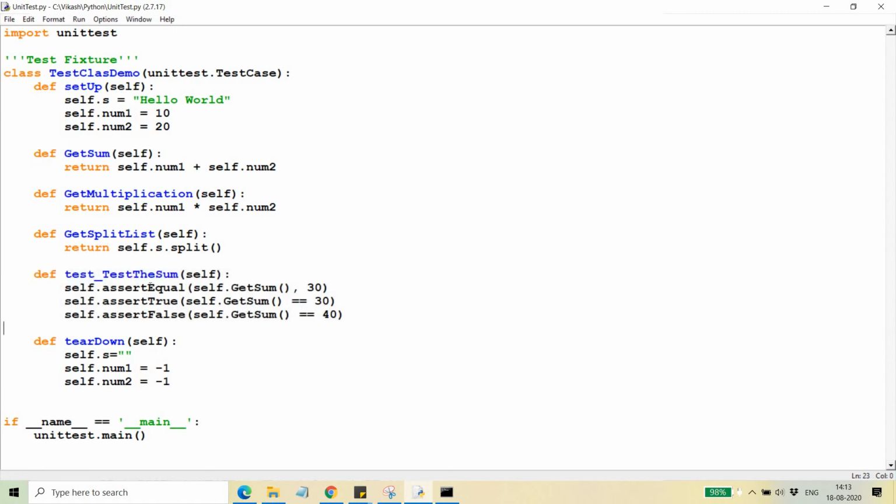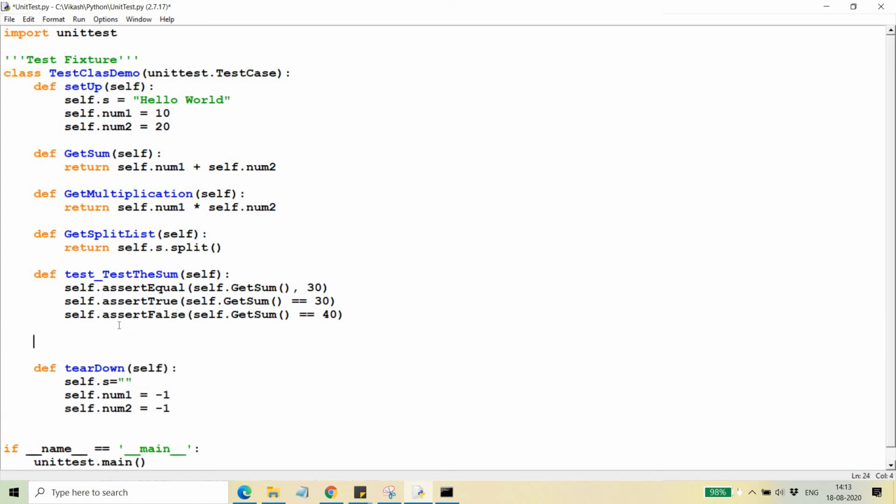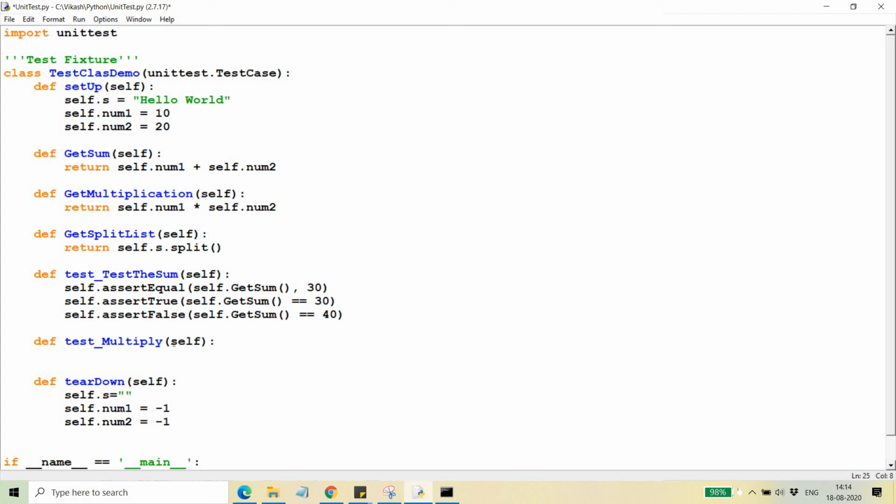So I hope you got the point related to assertEqual and assertTrue and assertFalse. These are the basic functions which are used. Let me test the multiplication as well. test_multiply, and here it is self. Let me remind you again that you can give any name apart from self. Anything you give, suppose I give the name slf, will refer to the current object only. So let me write slf.assertEqual